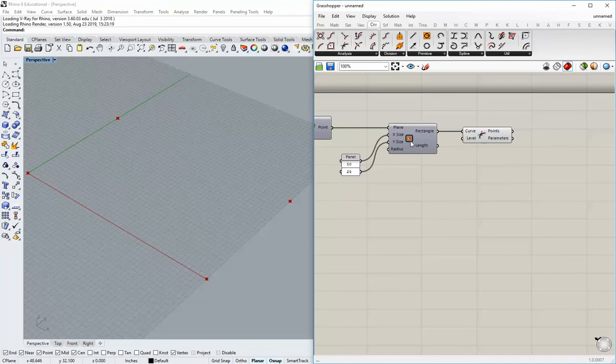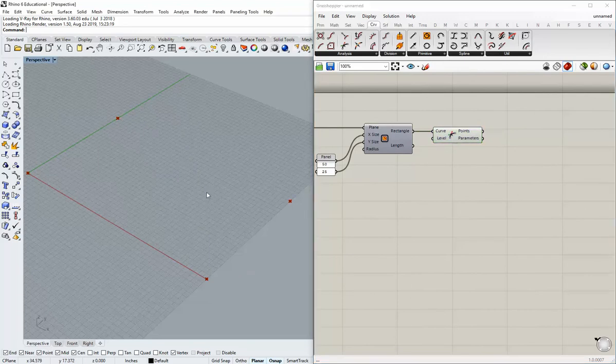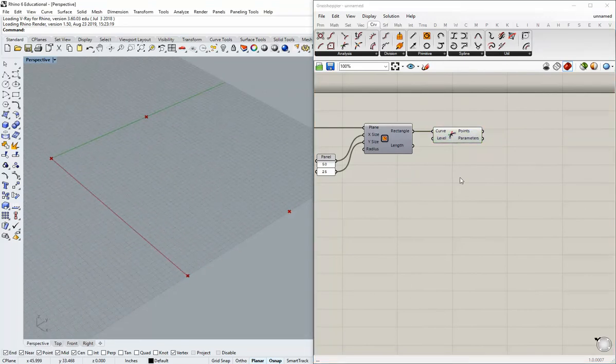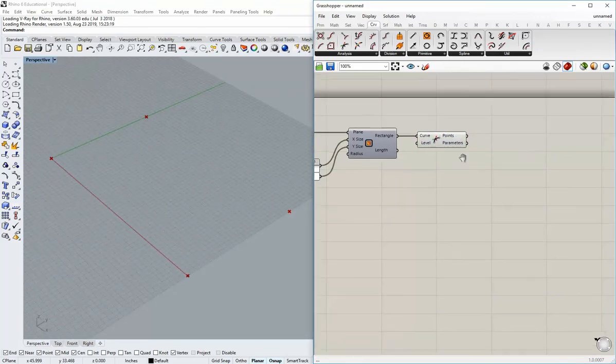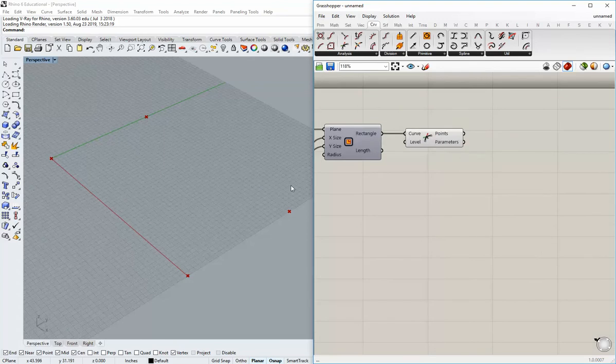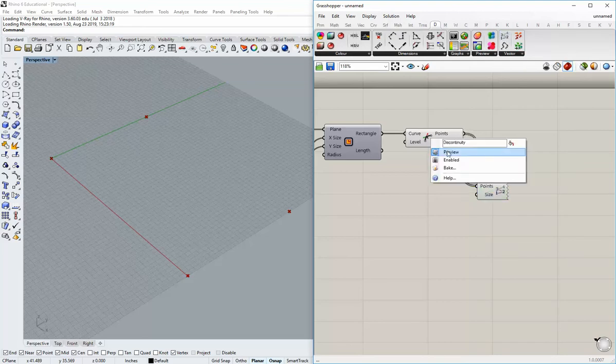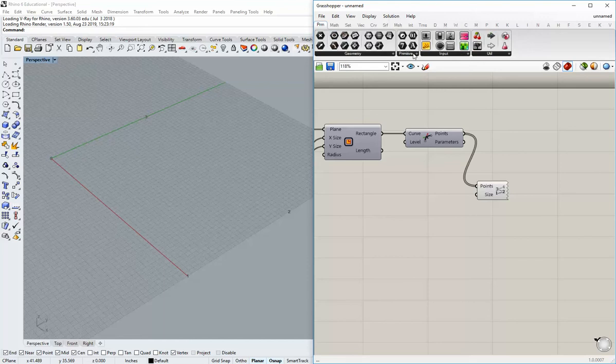You can turn the rectangle on or off as you like. I'm going to turn mine off because as I go, I want to turn off the previous step just so I can keep myself organized. Okay, the next thing I need to do is figure out what order that these points are in. So I'm going to go to Display up top here and grab the point list. And I'm just going to plug that in. I'm going to turn the points off just for a second and increase the size of my points here